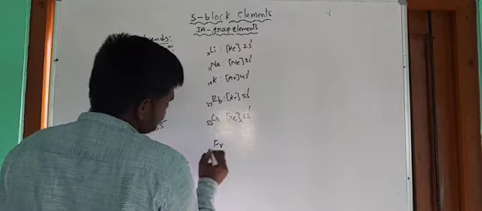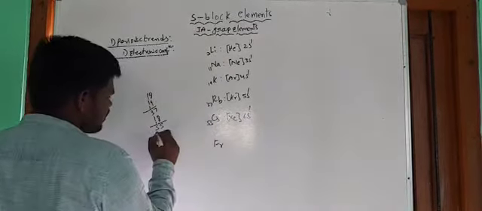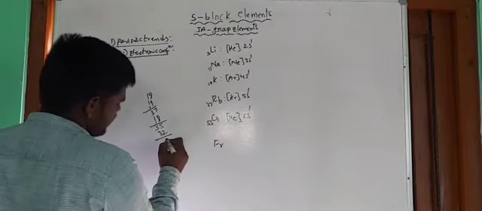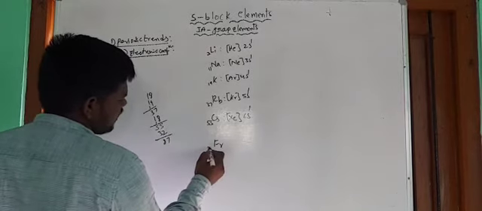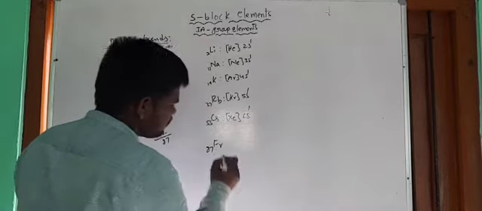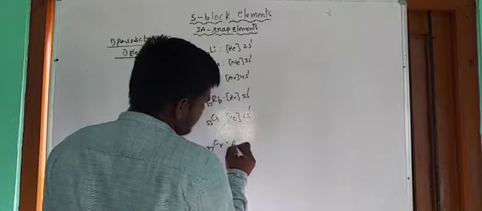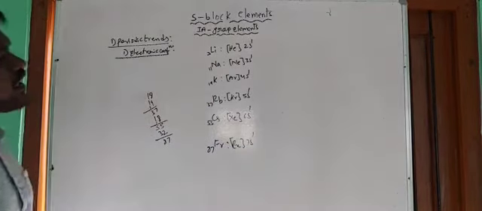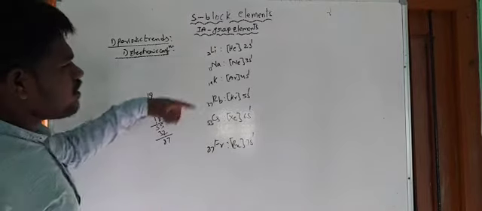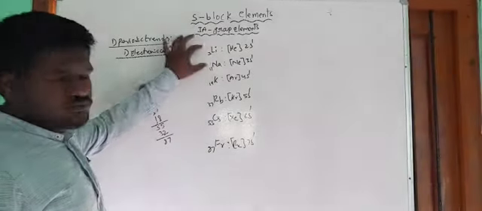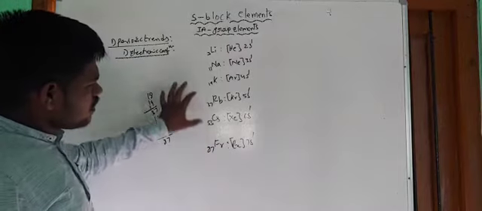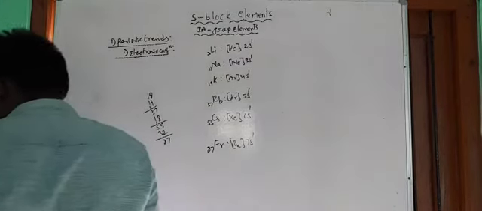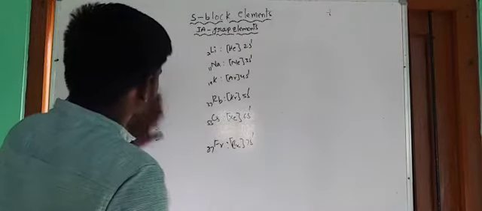And the next one, francium. To get its atomic number, you need to add 32 to the atomic number of cesium, so you get 87. 87 is the atomic number of francium, and it takes radon configuration 7s1. If you know the atomic number of the first element in a group, then it is easy to know the atomic numbers of the rest of the elements when you know the magic numbers between two periods.